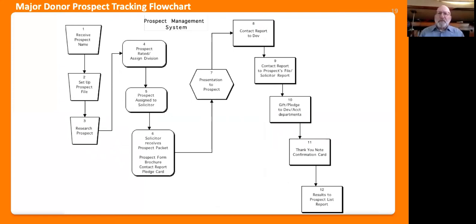Now, pardon my age, but you set up a prospect file, which in the old days was in the filing cabinet, but this is on computer, in your databases. However, my younger friends, you still want to track some things by paper. You might want to file something in the news. Well, here we go, newspaper. But where are you going to keep information that you learn about that donor?